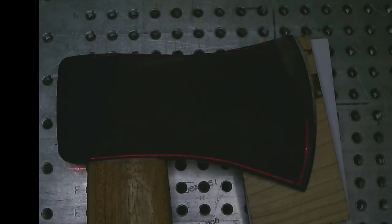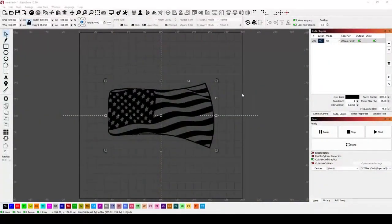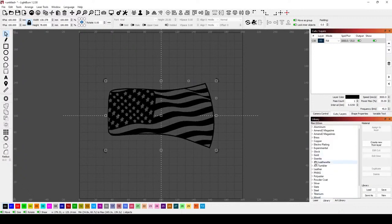All right, I'm going to leave it there, and that looks pretty good. All right, so it's framed, it's level, it's where it needs to be. Now we'll go back into Lightburn and we can work on our settings, which I already have settings that I'm going to use, which are